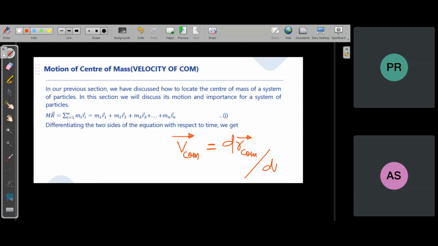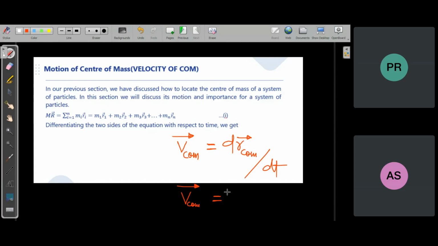So just write the formula of position vector of the center of mass and differentiate it. Differentiating it both sides, you will get the formula of velocity of center of mass. You already know the formula of position vector of center of mass. Now if you differentiate it, you will get the formula of the velocity of center of mass. So velocity of center of mass, vector form, will be, because it is m1 r1 plus m2 r2, and